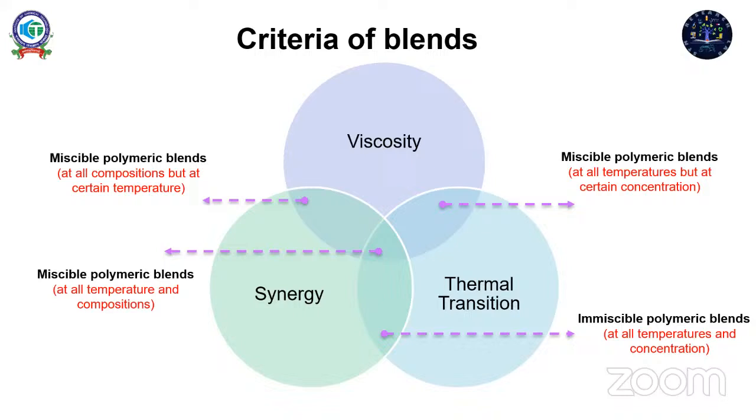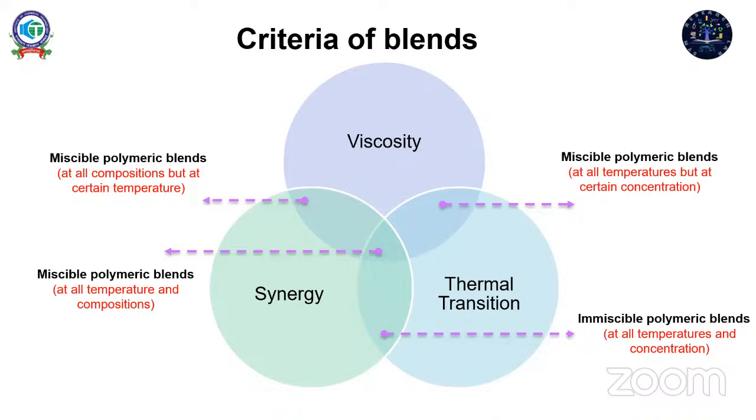That means if you are trying to mix a PP-ABS blend, and you have 30% polypropylene and 70% ABS, at 30% PP and 70% ABS your blend will be miscible at all temperatures and at this concentration